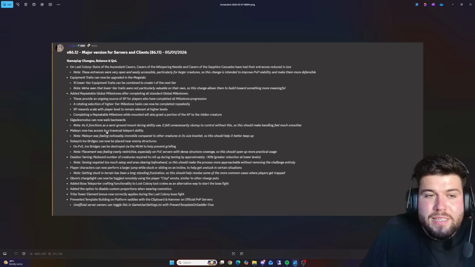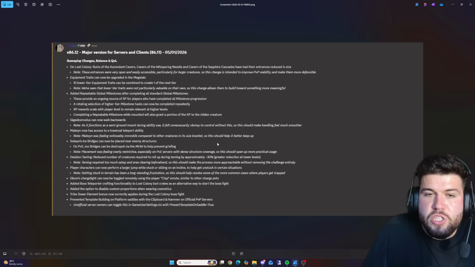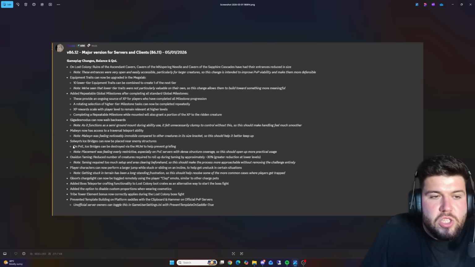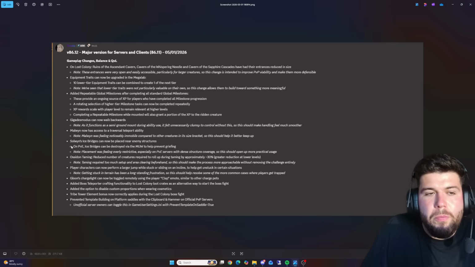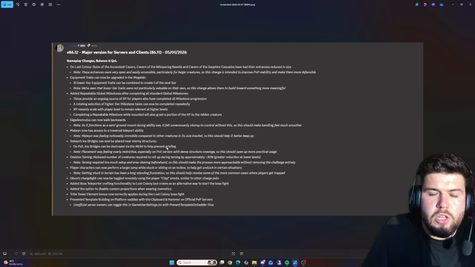The Malwyn now has access to a traversal teleport ability. Note, the Malwyn was feeling noticeably immobile compared to other creatures in its size bracket, so this should help it better keep up. The Solwyn ice bridges can now be placed near enemy structures. On PvE, ice bridges can be destroyed via the MUW to prevent griefing. Note, placement was feeling over-restrictive, especially on PvE servers with dense structure coverage, so this should open up more practical